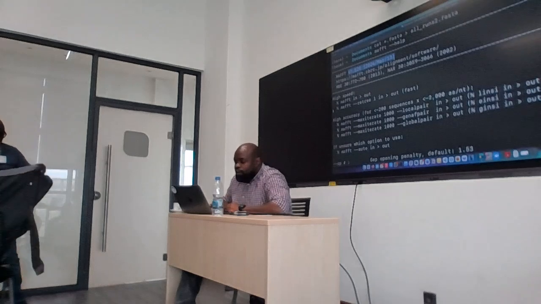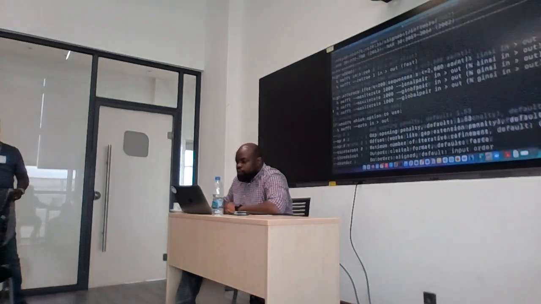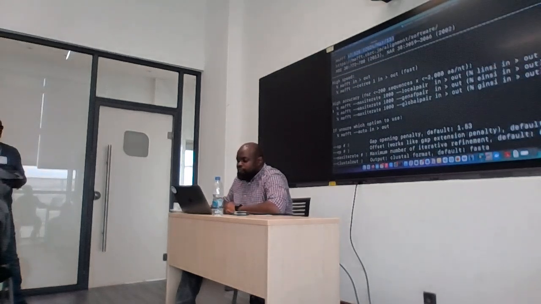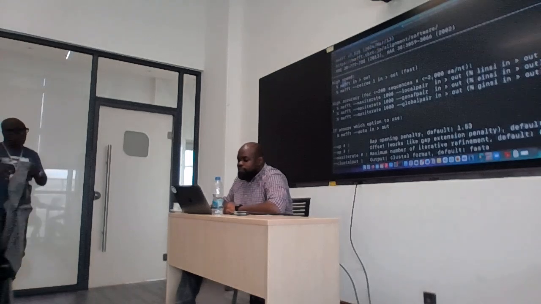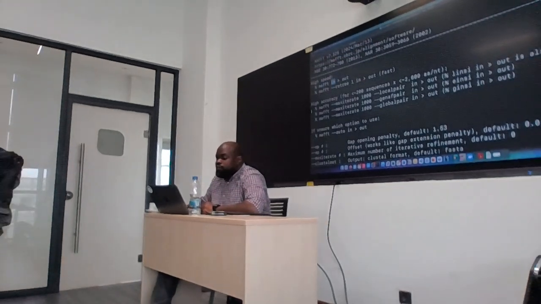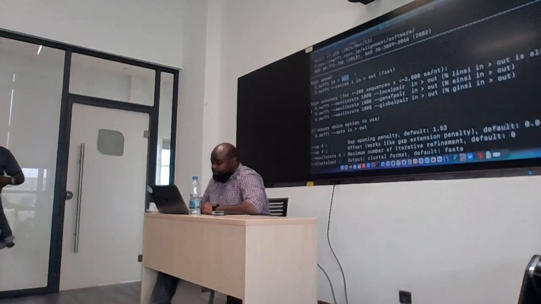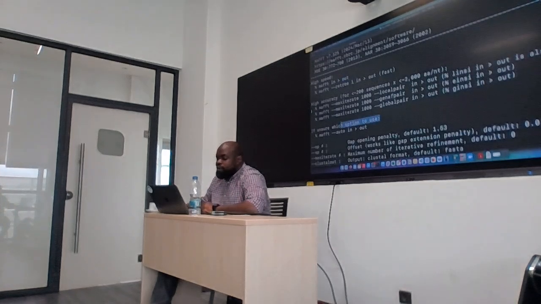Okay? All right, good. So here it's saying that running MAFFT is as simple as running mafft, and then your input file, and you direct it to an output file. Okay? And here they say, which is something I like very much, if you're unsure which option to use,